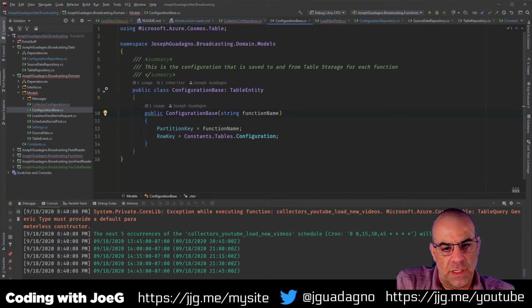It wants the function name, which is really not function name. This can actually be parameterless now, because we are going to change the row key to be that constant.